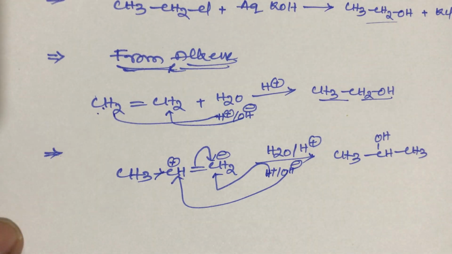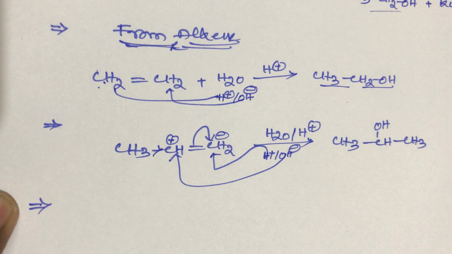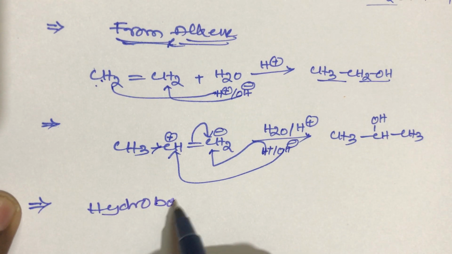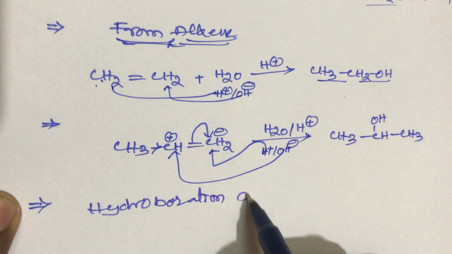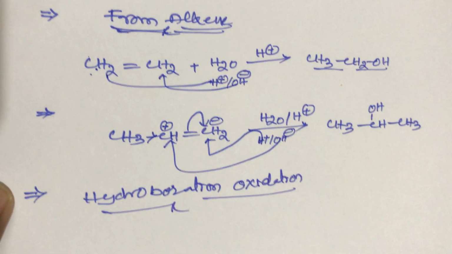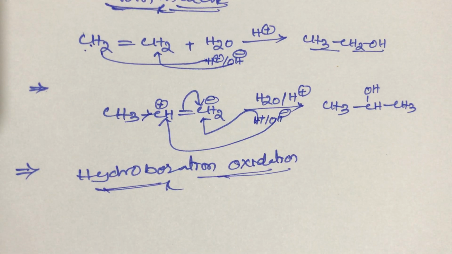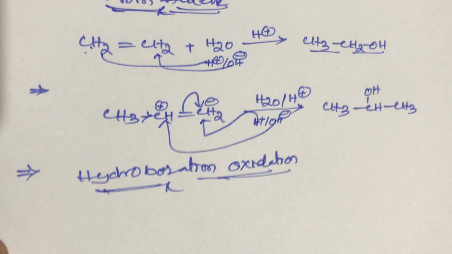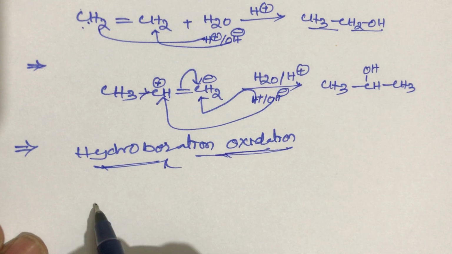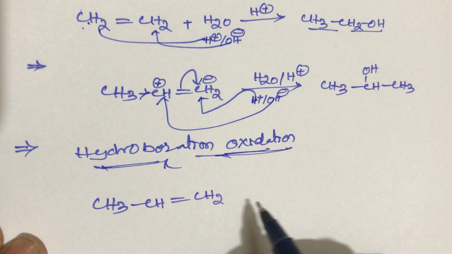Next preparation, students, is a named reaction: hydroboration oxidation. It is also very important. Preparation of alcohols by hydroboration oxidation follows the anti-Markovnikov rule. Now take the example of hydroboration of an unsymmetrical alkene, CH3CH=CH2,